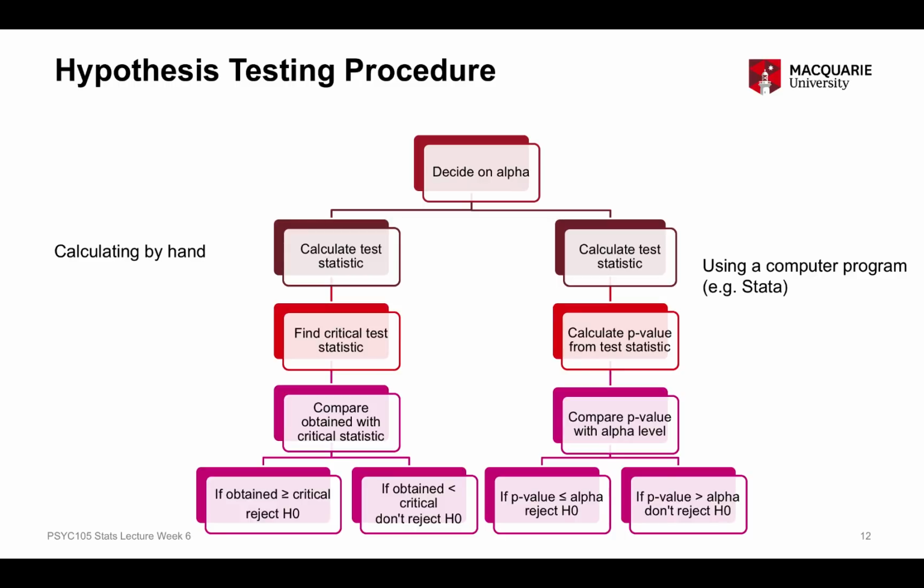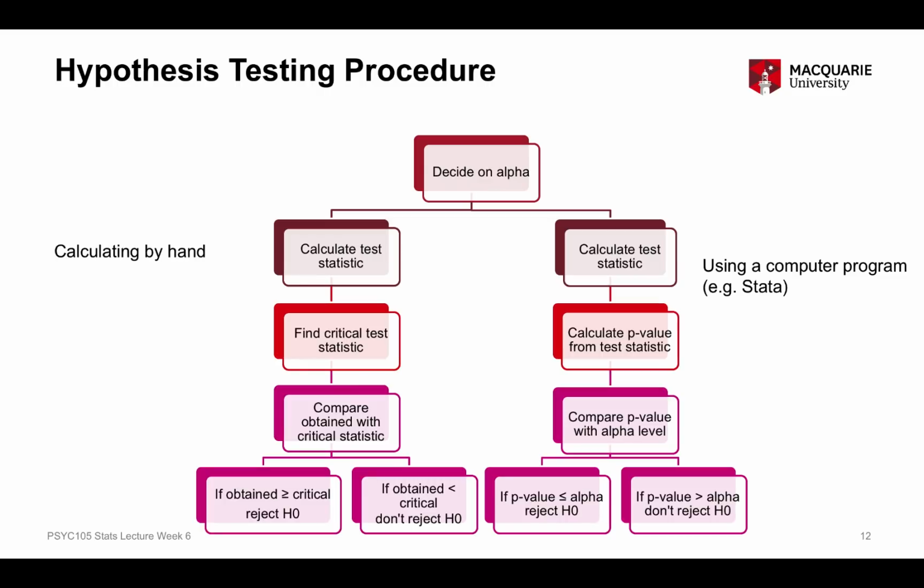Okay, so this is the same slide that we looked at last week, and this is the process that we use to undertake the actual statistical test itself to formally test our hypotheses. And remember, as I said last week, there's two different ways we can go about doing this. On the left-hand side, the process is if we were calculating these statistics by hand. On the right-hand side is if we were using a computer program like Stata, a statistical program, to do the